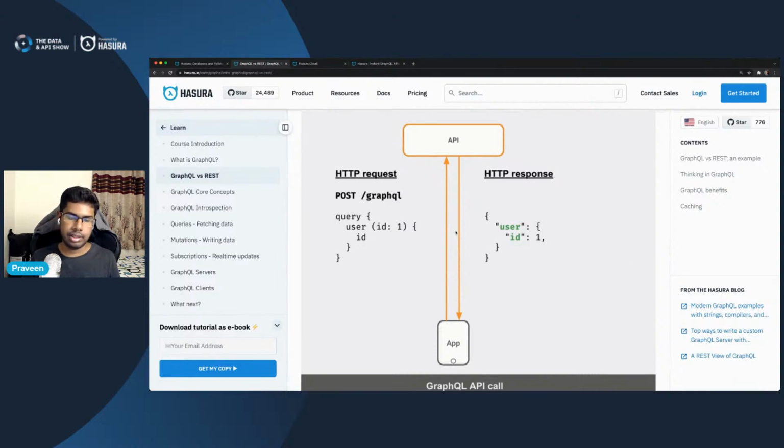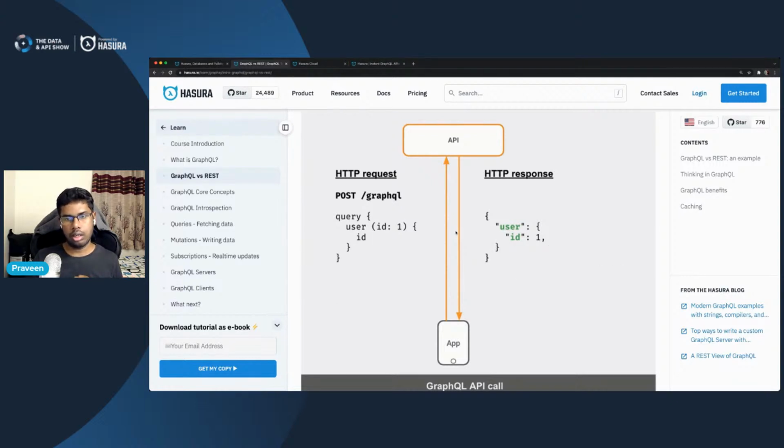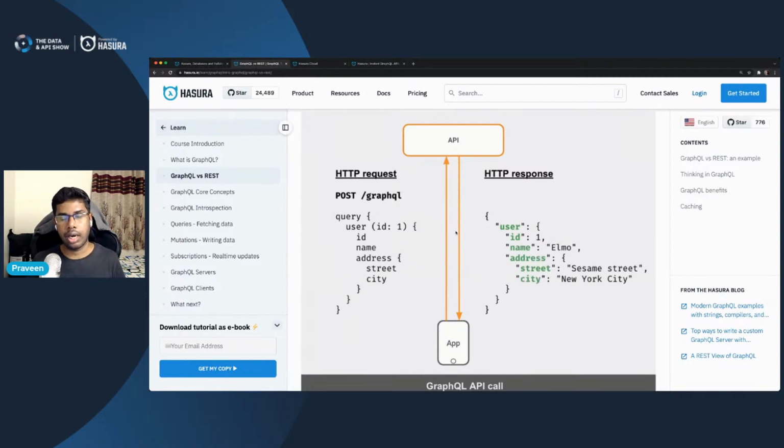So that's the benefit, that's the flexibility that GraphQL gives you, which means that you can now focus on writing modular components which rely on a particular data set from the backend. So if, let's say, a profile page is reliant on ID, name, and the profile pic, those are the only fields that you need to fetch and display on the client. So a GraphQL query lets you query only for those three fields, ignore the rest of the fields, which means you save on the response size, you save on the number of round trips that would have typically happened with a